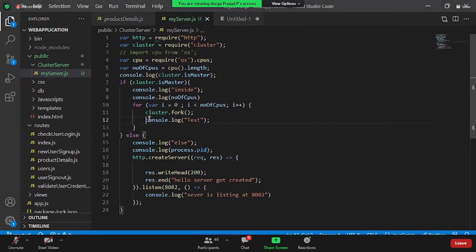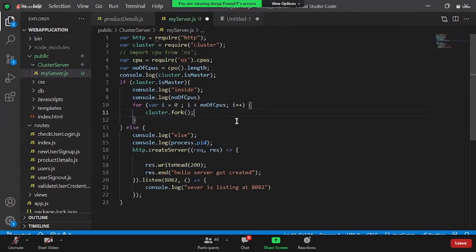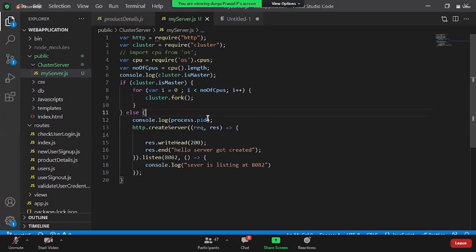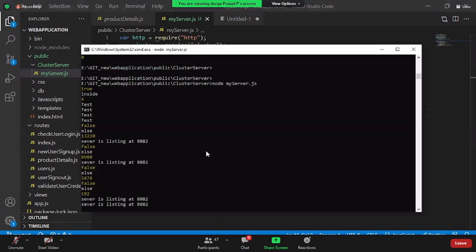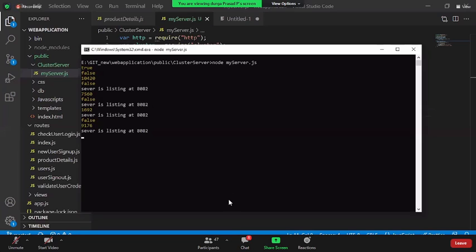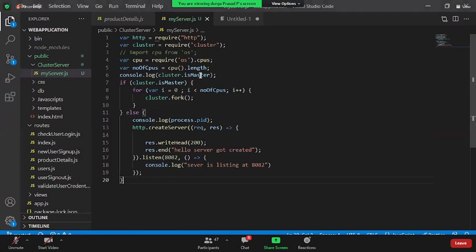Okay, now I see class inside this guy. Okay. Now if you save this, restart your server. When I say node so and so, why is it still saying true and all? I removed all this. Okay, let me remove this.